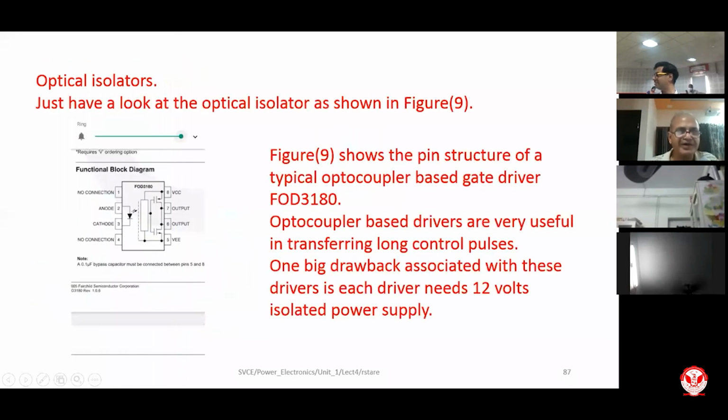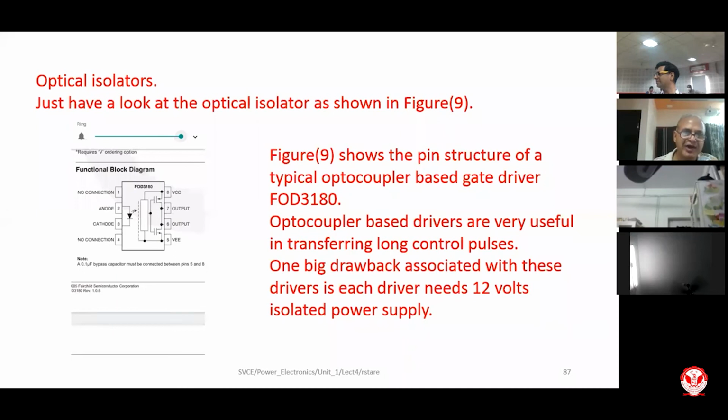Another important driver, which we very commonly use, because these days the use of SCR has been almost reduced below 10%. These days we mainly use either IGBTs or power MOSFETs, depending on the power handling requirements and voltage levels. So we generally use optical isolator based drivers. I'm sharing a small picture of an optical based, ready-made driver. We used to make such drivers with discrete components earlier, but now these drivers are available at very affordable cost, and there is no additional processing required.